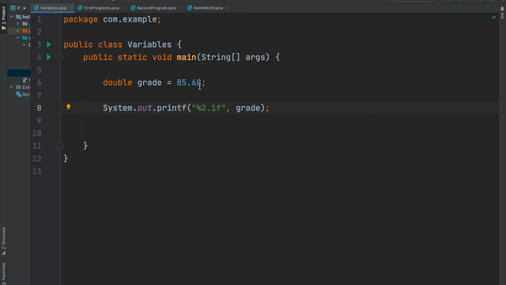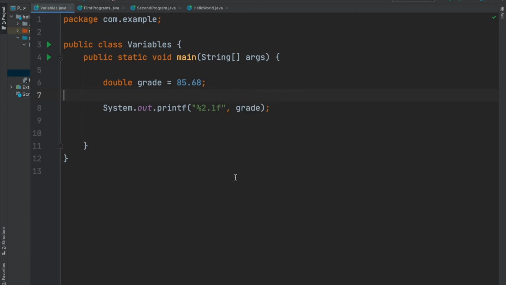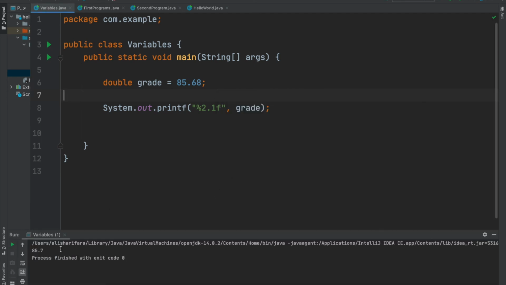The closest number here, 8 will be rounded to 6, 6 will be rounded up to 7. So the expected output will be 85.7. Yeah, as you see here, it is